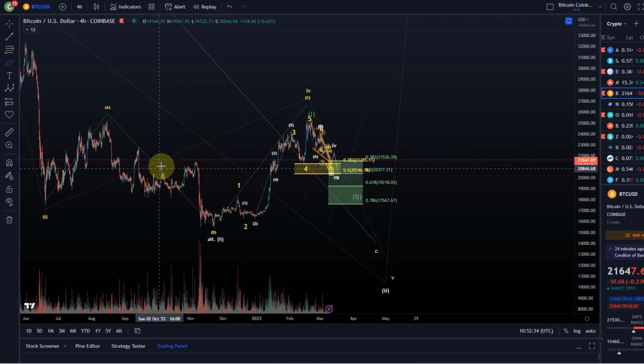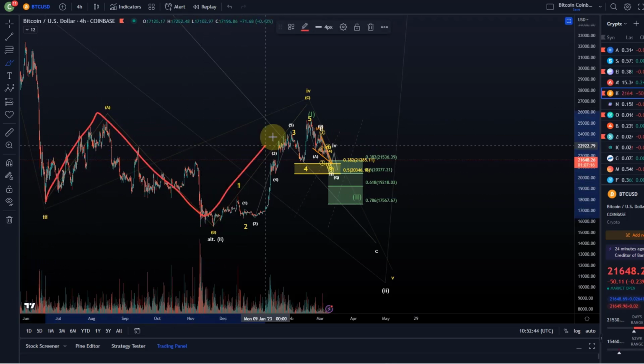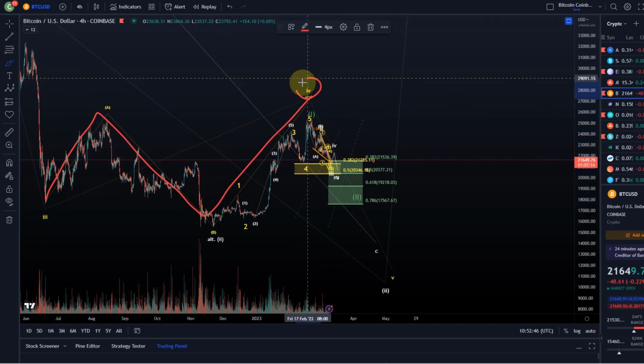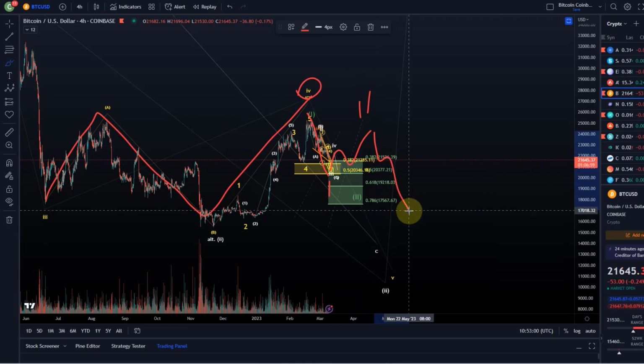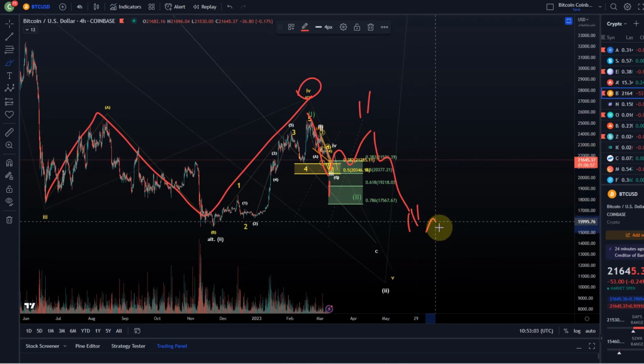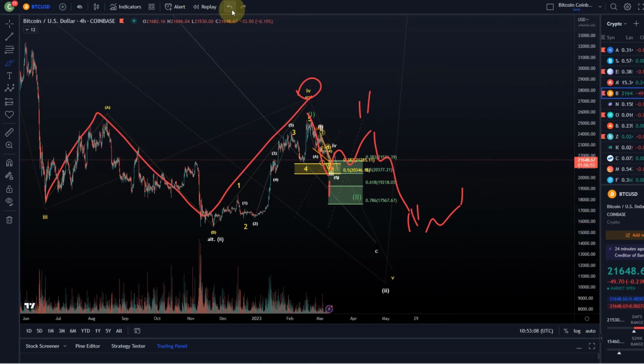The point I've tried to make in many, many videos recently, and I've been making that point for weeks, is that the movement since June could just be a large ABC correction. And we finish here a 4th wave. So this impulse is a 4th wave, and we're coming down impulsively. But even then, if we see the move down as a wave 1 of a larger wave 5, we should see some kind of a counter reaction in a wave 2, 3, 4, and then eventually making another low. So not very beautiful, but that's sort of...